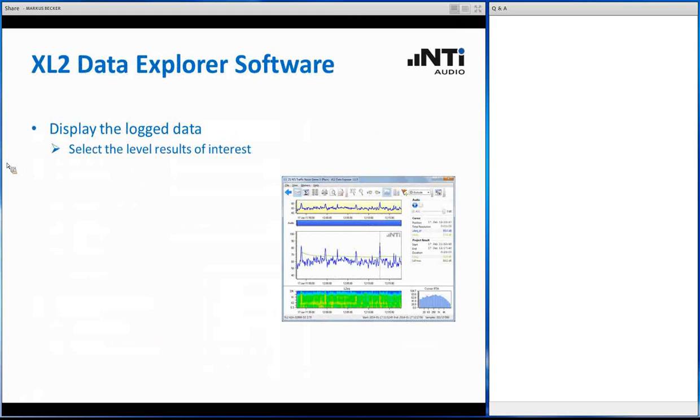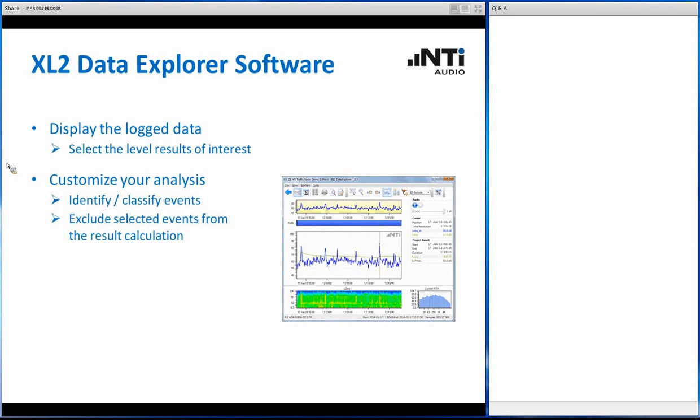To overcome these limitations, you need the Data Explorer software, and this is of course also able to display the log data. Here you have the chance to even show more than just 2 curves. You can customize your analysis. It's much easier, much more comfortable to identify specific events, to classify them, differentiate them from other events. You can even exclude them if you like from the overall project result calculation. If you have recorded, for instance, one event at two different locations with two different XL2 units,